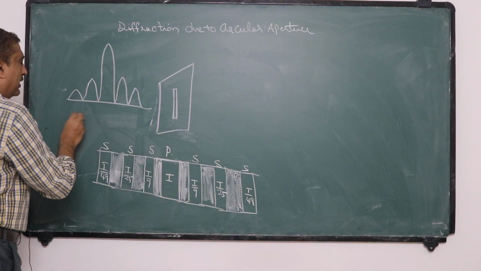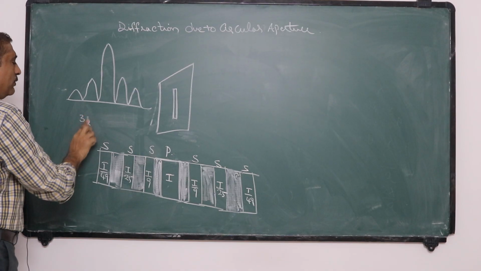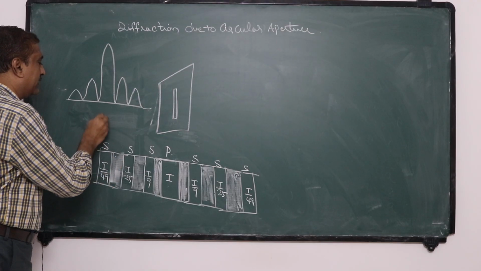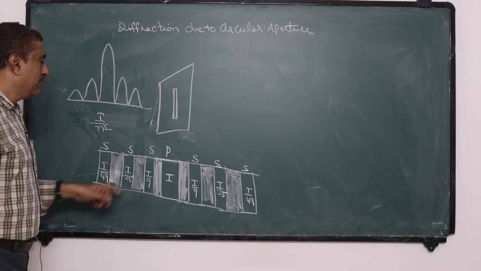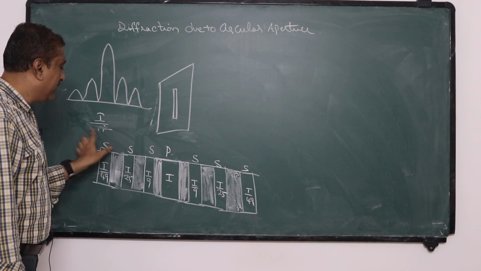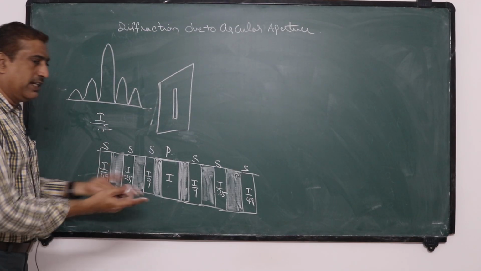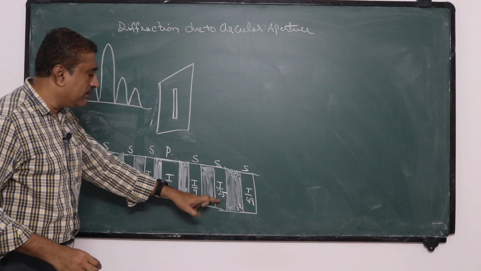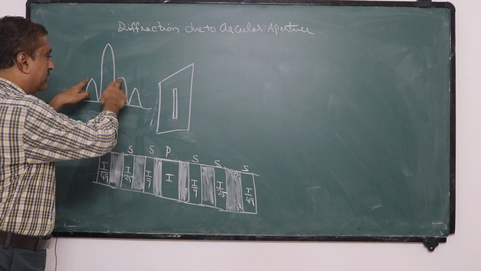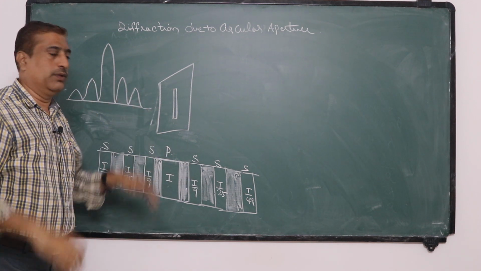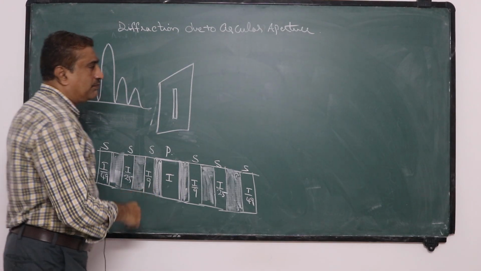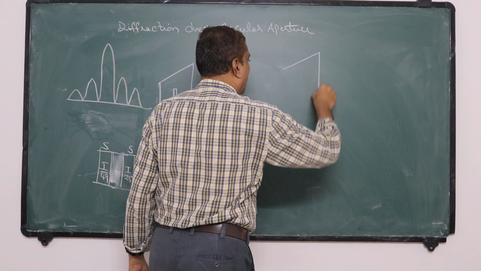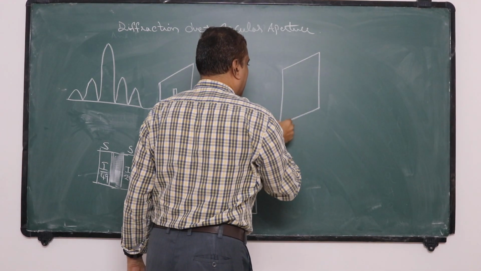Next, because the conditions are 3 lambda by 2, 5 lambda by 2, 7 lambda by 2 and 9 lambda by 2, we get the intensity as I by n square. That means I by 3 square, I by 5 square, I by 7 square, next I by 9 square. In that way the secondary maximum intensity gradually decreases and finally becomes 0. Now if we consider the same theory with a circular aperture like this,